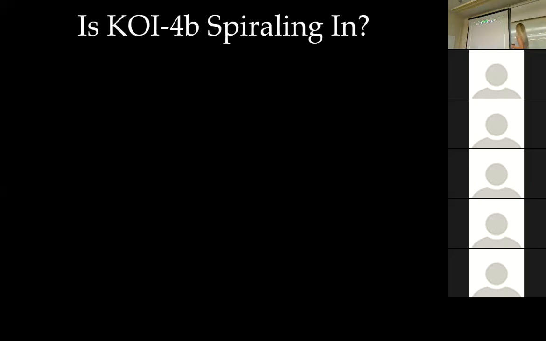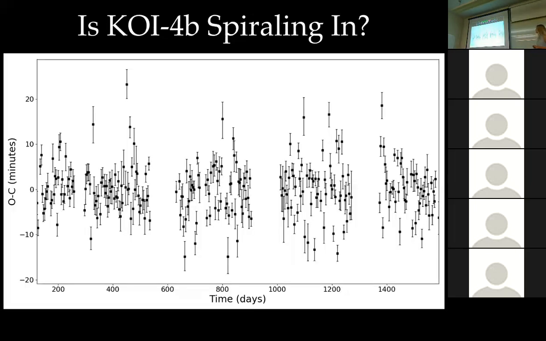All right, so let's take a look and see if we can detect orbital period decay in KY4. So we start out with 262 transits, for which I've measured the individual times independently. And I have this plotted in what we call an O minus C, or observed minus expected, in minutes as a function of the transit epoch time in days. And this can really just be thought of as the deviation from a constant orbital period.